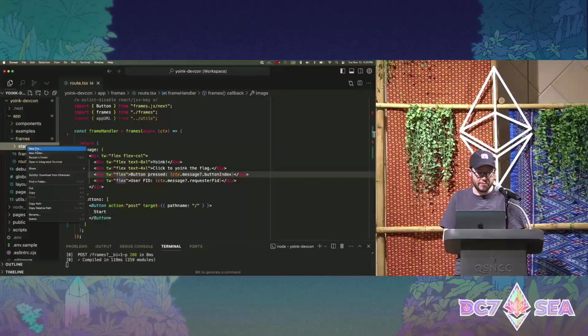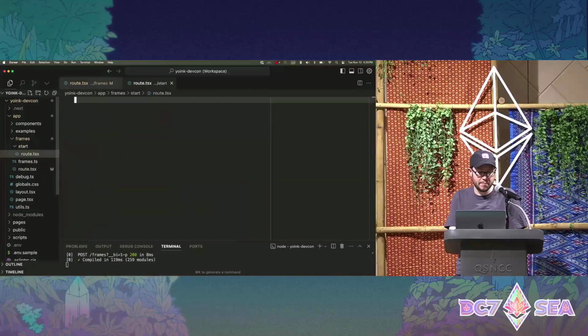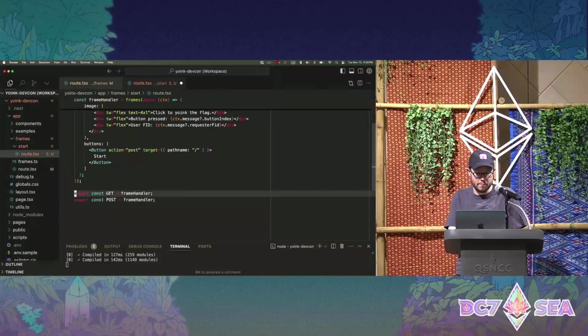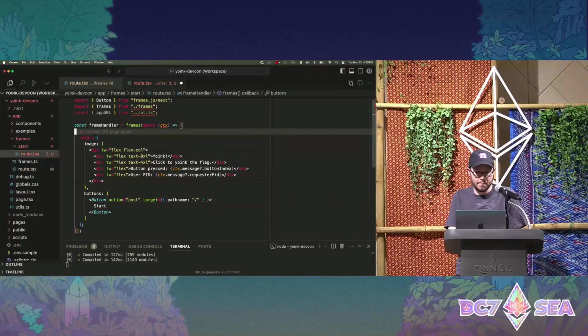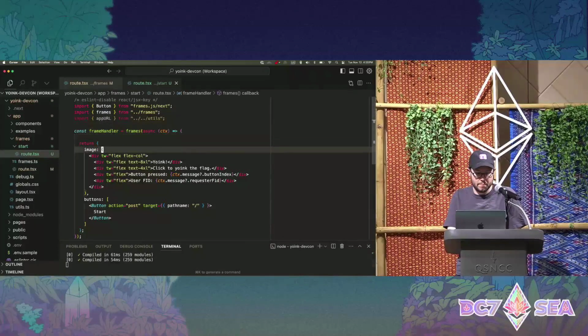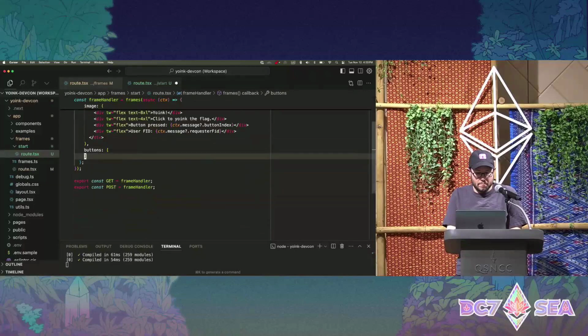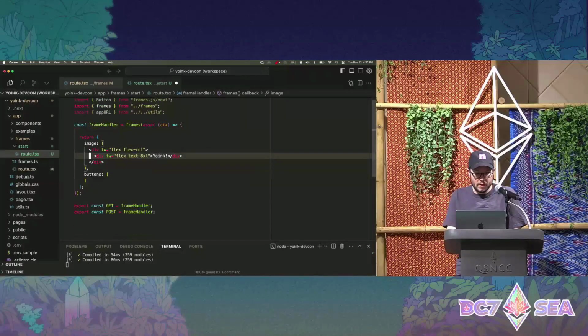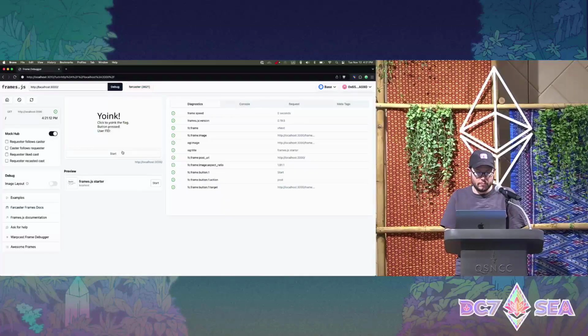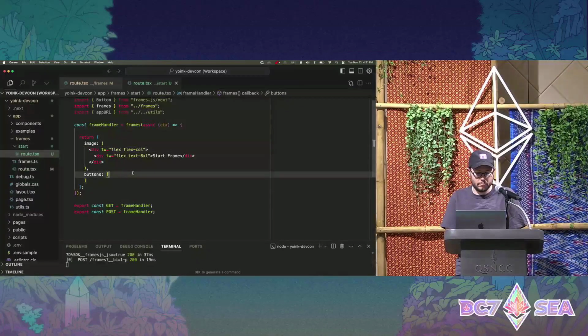All right, so we'll create a directory in here with a route.tsx. I'm just going to copy paste our start frame. And let's change the text on this frame. OK.